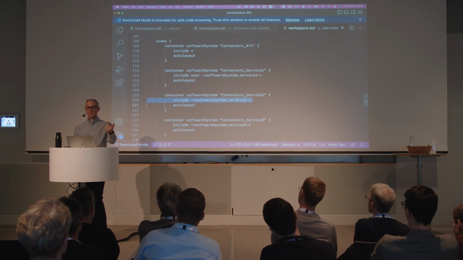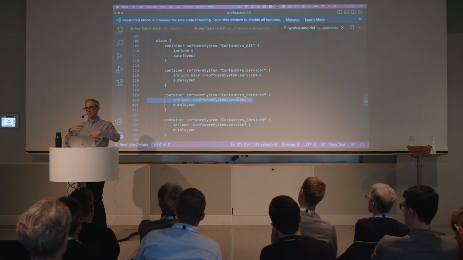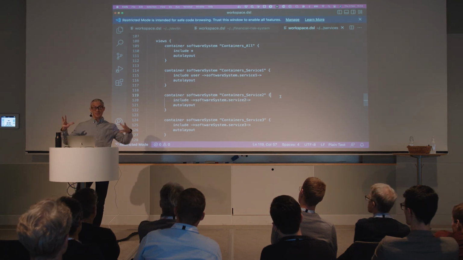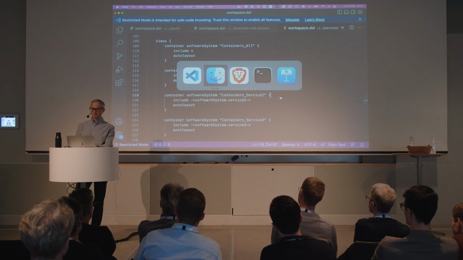And actually, what sits underneath the Structurizr DSL is a bunch of Java code. So you could automate this process as well by writing some Java code. And there are other libraries and other languages that also let you do similar sorts of things. So that's option 1 for dealing with scale and complexity.